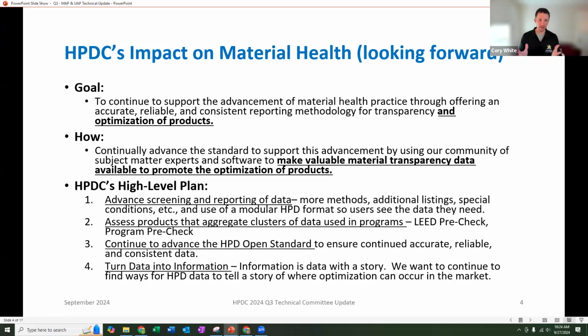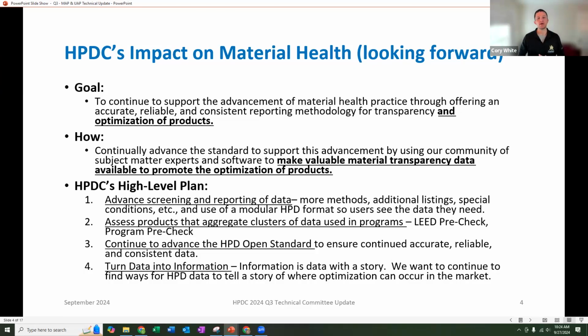And everything that we do here is all within this framework. Our goal at HPDC is to be really a technology tool to make, again, these complex things easier things to do. And the core of that is having accurate, reliable, and consistent reporting methodology for transparency, and now also for optimization.